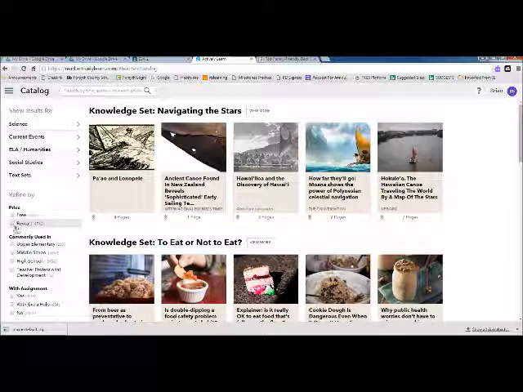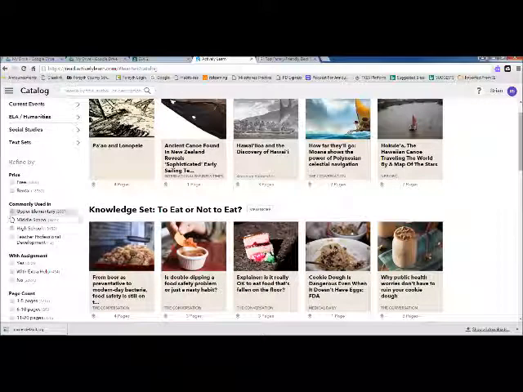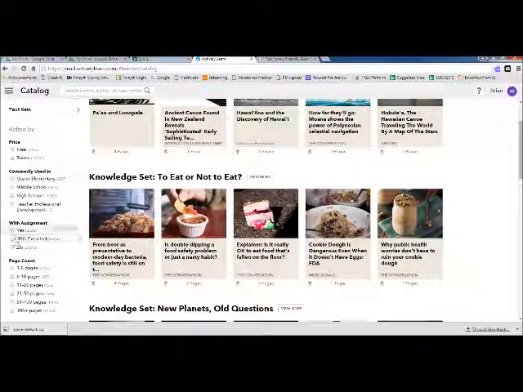You can see here for the rental, there is a small fee for some things, but there's so much you can do for free that I don't even think you would ever have to worry about paying for it. But they've got some nice resources for science, current events, and you can see it's sectioned out here. And then you can also go down and filter upper elementary, middle school, high school, teacher professional development with an